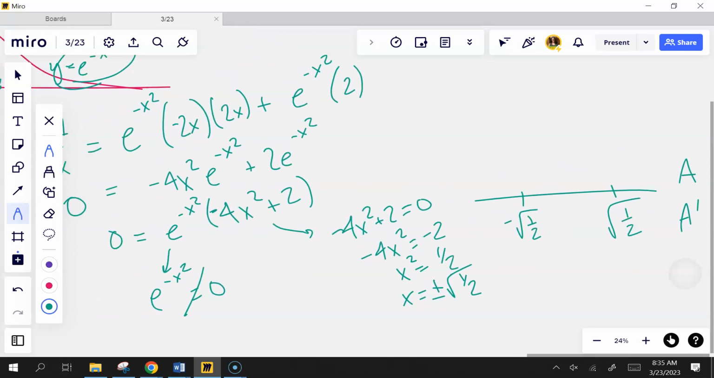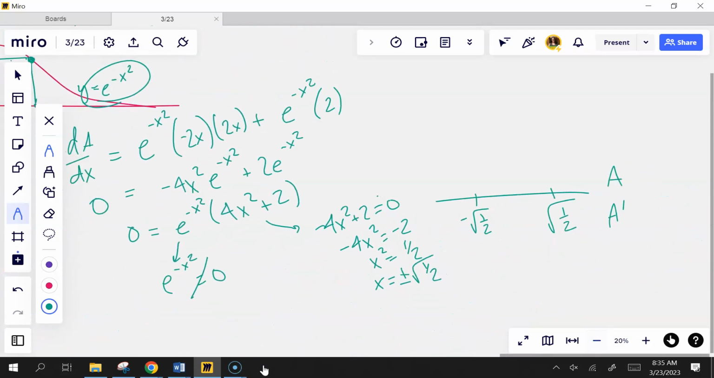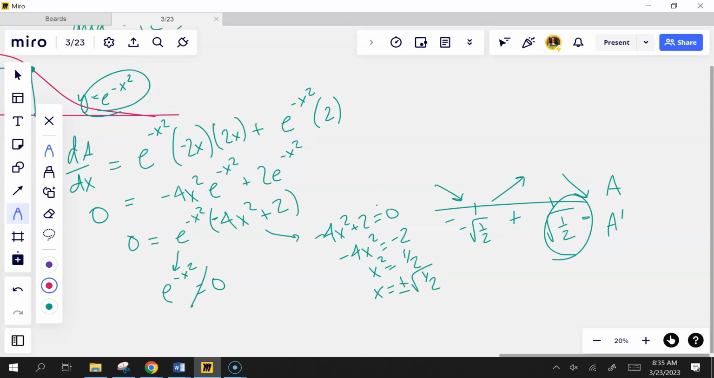Plugging back into the derivative equation. I'm going to have a positive times, say I did -5. That's going to be negative. At 0, it's going to be positive. And then it's going to be negative again. So it's got to be happening at square root of 1/2. It's maximum. So if I plug that back into the area equation,